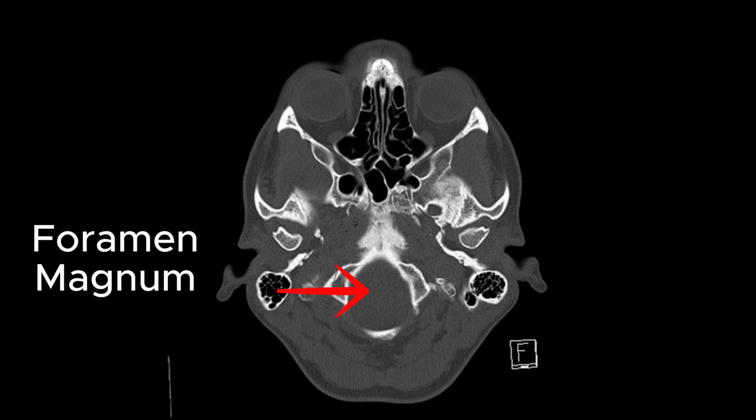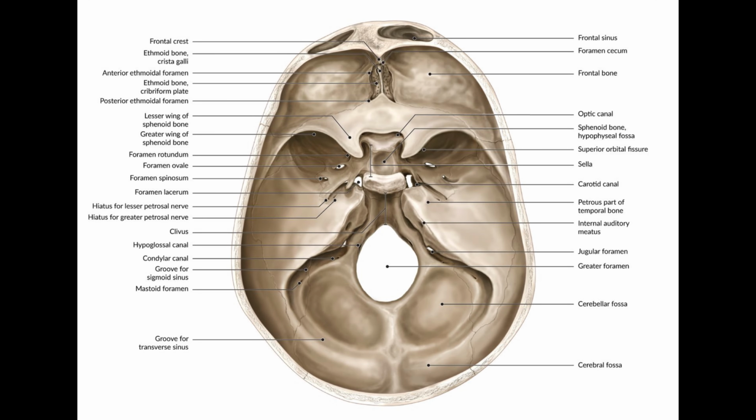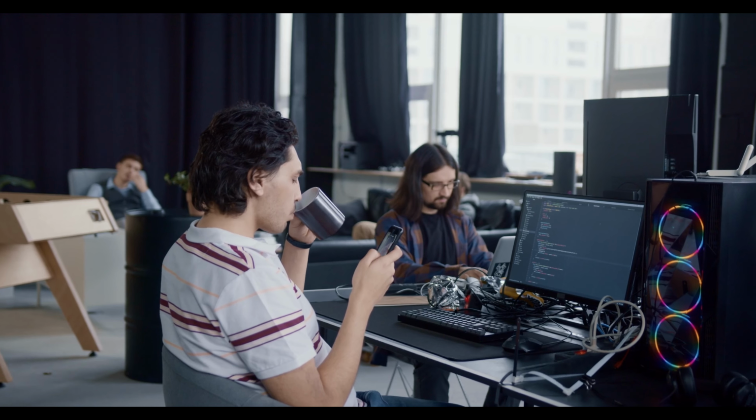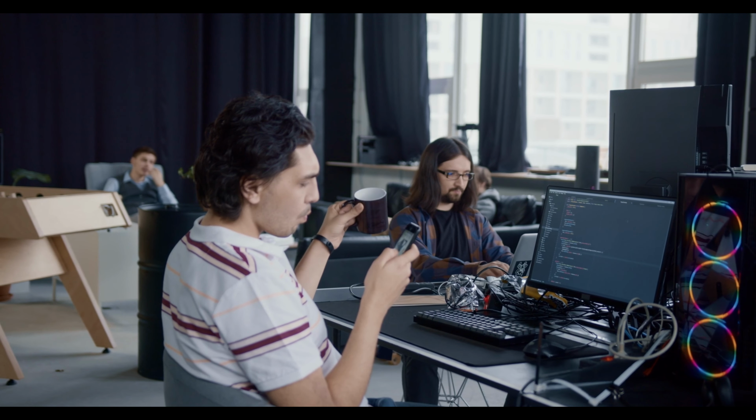This here is the foramen magnum and it transmits medulla and meninges. Vertebral arteries, spinal accessory nerves, dural veins, anterior and posterior spinal arteries are also transmitted by this foramen. So these were the main apertures or foramina lying in the anterior, middle and posterior cranial fossa. There are some other important structures in the skull base. Let's take a quick review of these structures as well. If you are tired, you can take a break and come back after 5 minutes to resume this video.